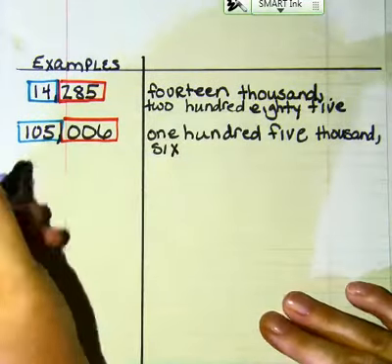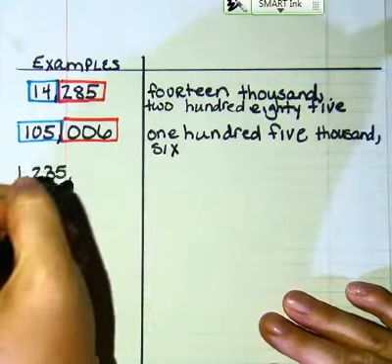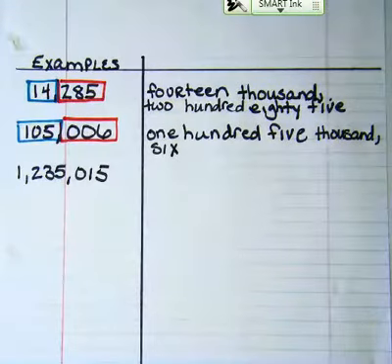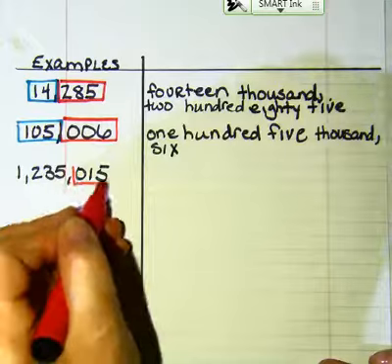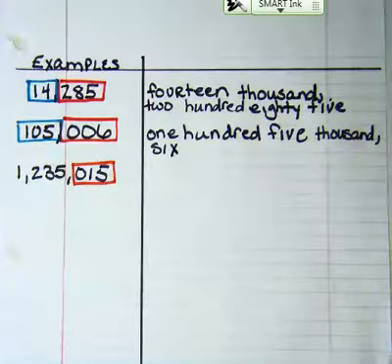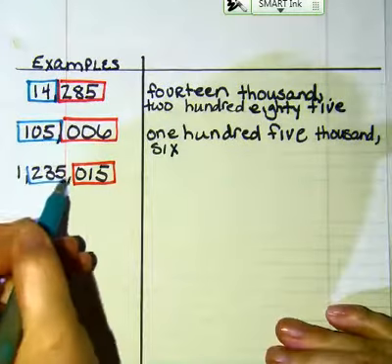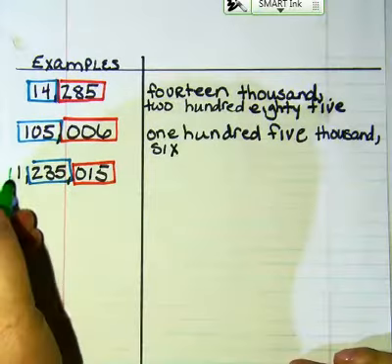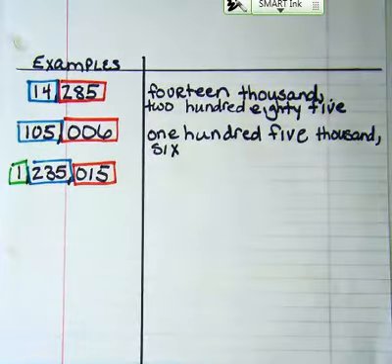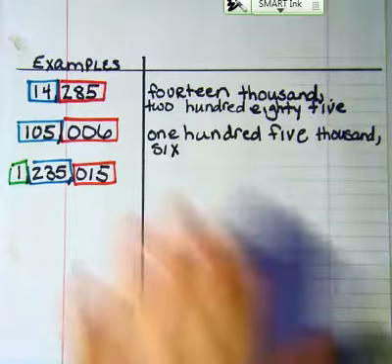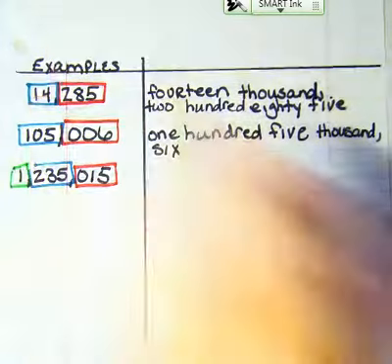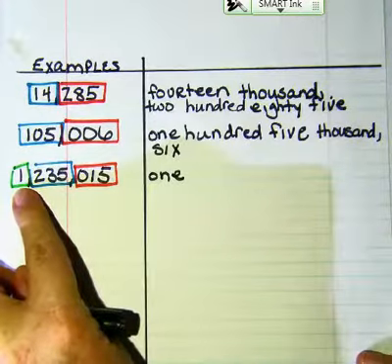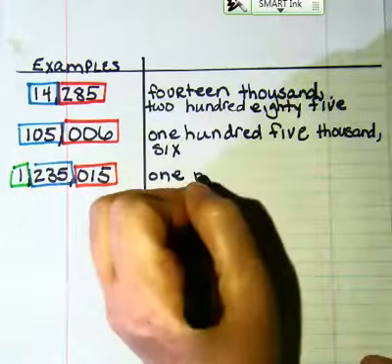Okay, let's do another example. 1, comma, 2, 3, 5, comma, 0, 1, 5. We're going to go ahead and start boxing in. The 0, 1, 5 is a red. The 2, 3, 5 is a blue. And then this one is a green. So if you look at your color codes, we start here. That's the number 1. And 1 is green, and green on our chart is a million. So 1,000,000,